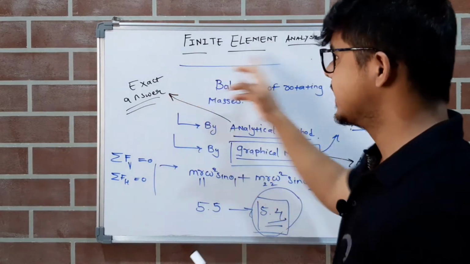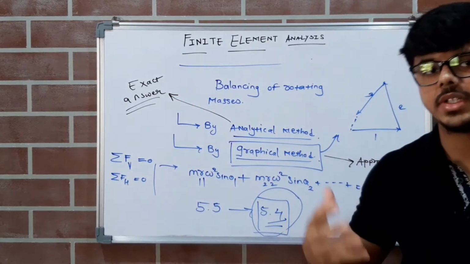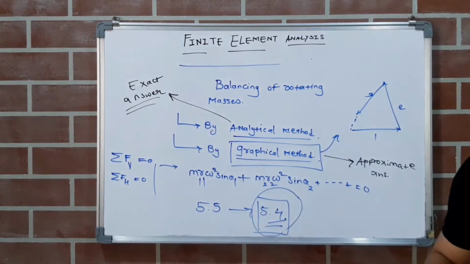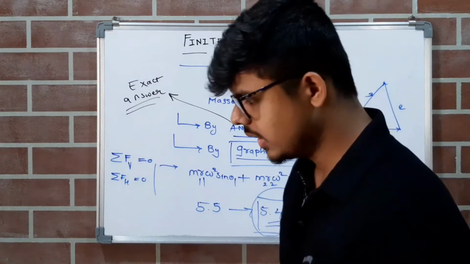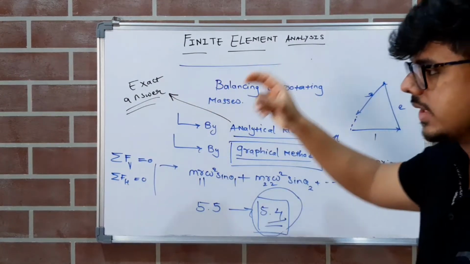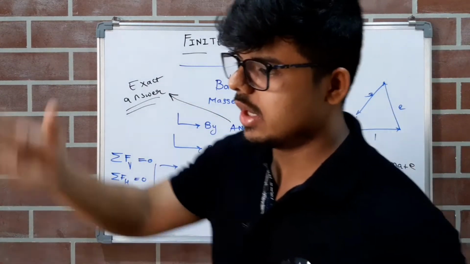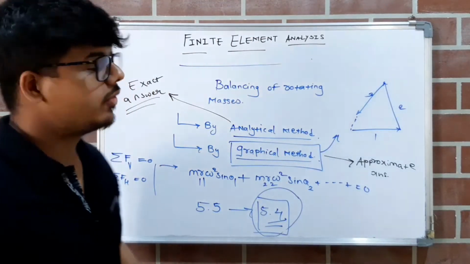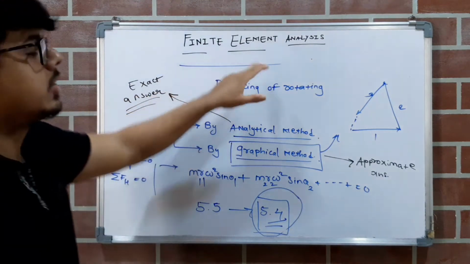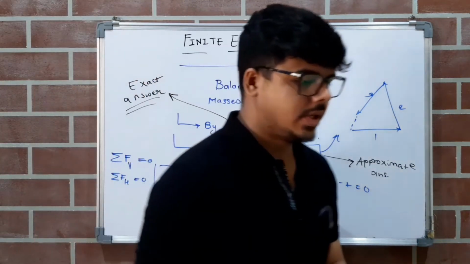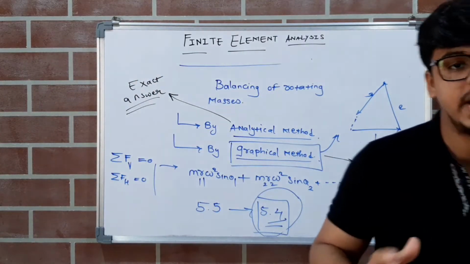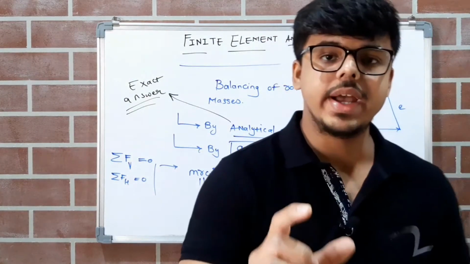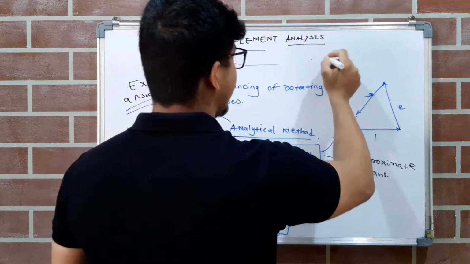Now, as the name suggests, what are the steps in finite element analysis in order to solve problems? Finite element means we have to create finite elements of a big structure and do some analysis on those small elements. Our finite element analysis works on the famous principle called divide and rule, right? Divide